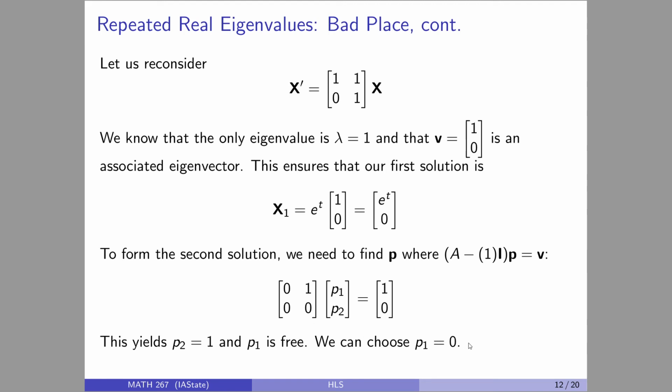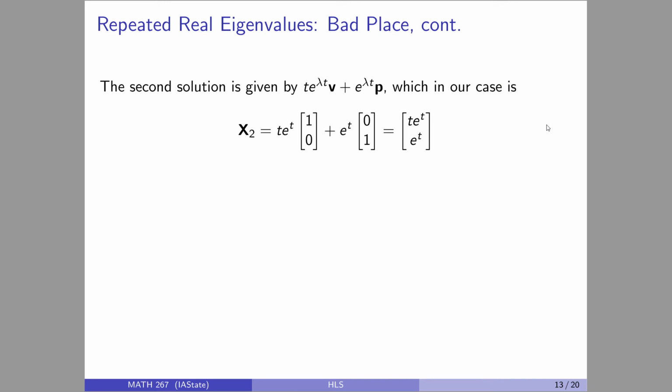Right, so you are allowed to here because p is not an eigenvector. It's a generalized one, so you get to cheat a little bit and finally get to plug in 0, so that's nice. Alright, so now that we've got what p is equal to, we can form the other solution,